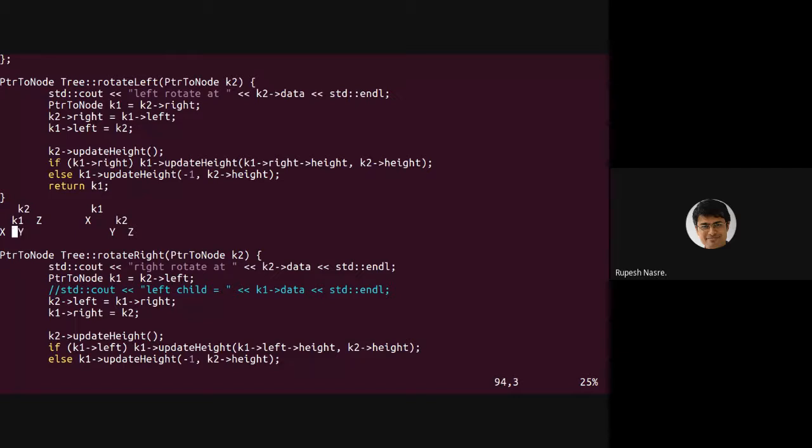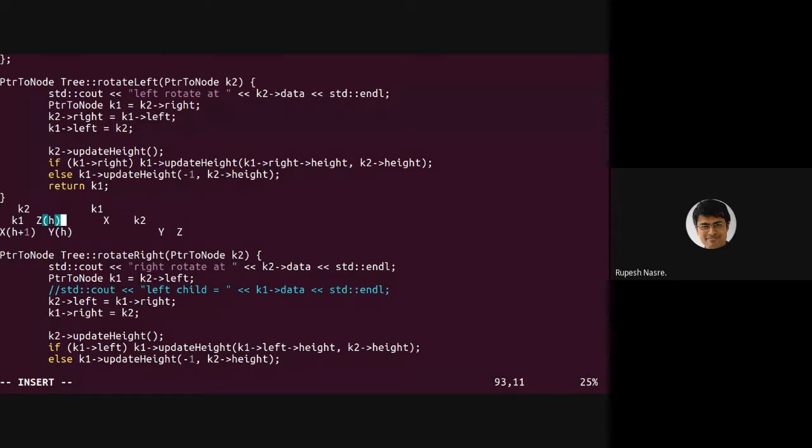So let's decide what the heights of these elements are going to be, and that will give you some indication of what is happening. Let's say X is at height h plus 1. So we said that Y is at height h, Z is at height h.